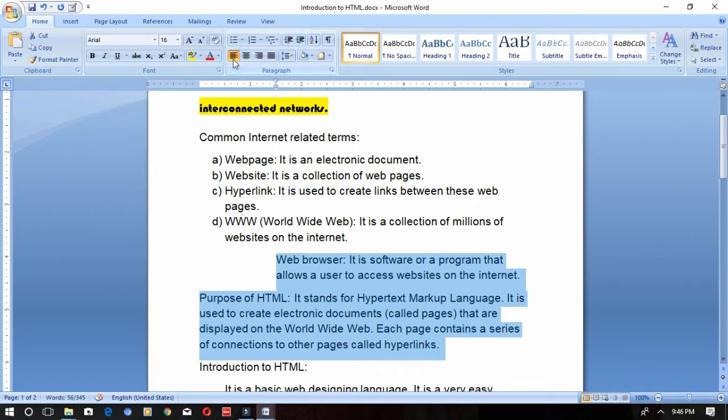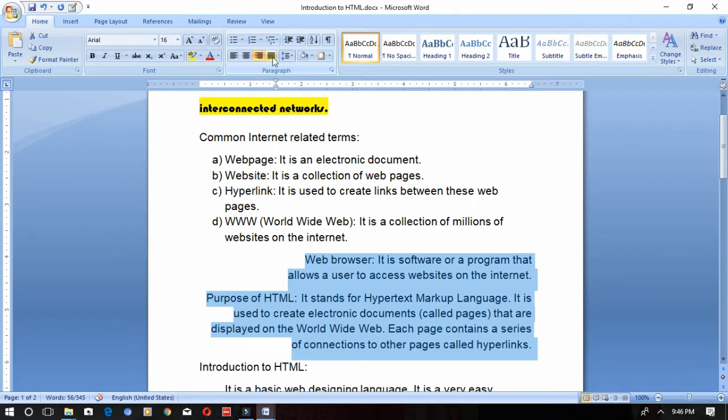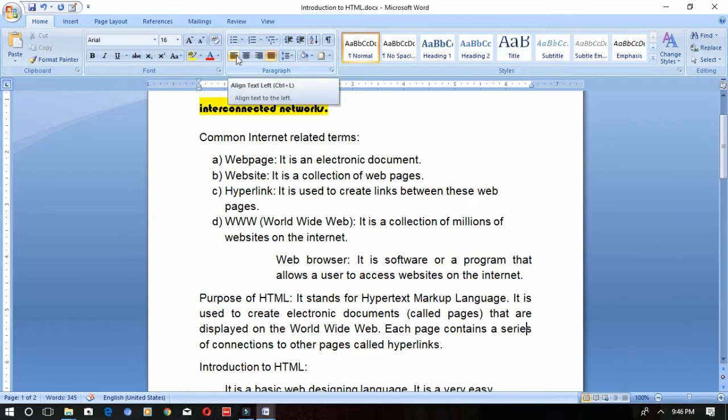Left alignment, center alignment, right alignment, justified alignment. Justification will adjust the words on the left side and right side, so it won't look odd. You can see the keyboard shortcuts for this also. It's Control plus L for left, Control plus E for center, Control plus R for right alignment, Control plus J for justified alignment.